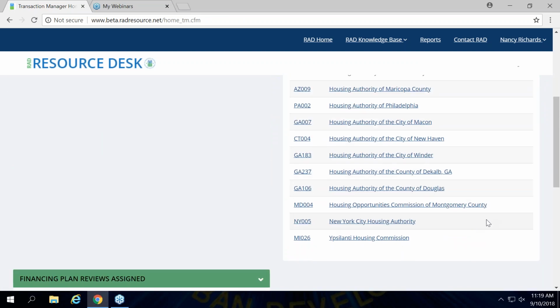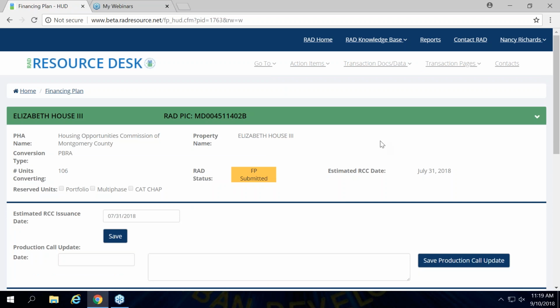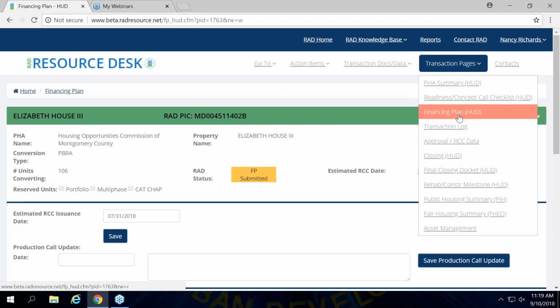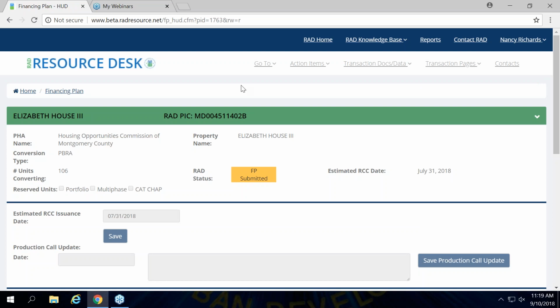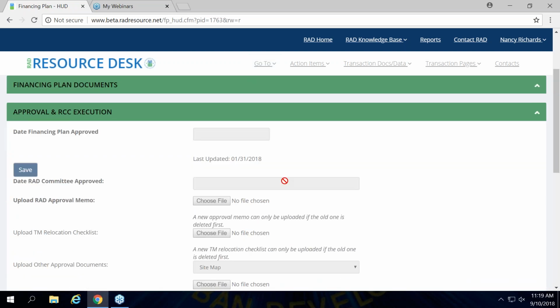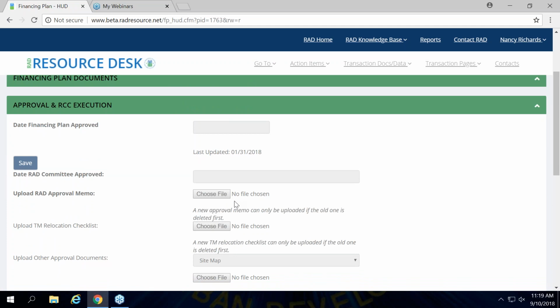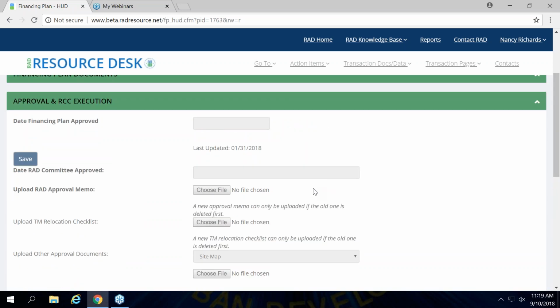Let's do one that she's been assigned a financing plan. Okay, so now let's go down to the financing plan, the approval section. So go to approval RCC execution. All right, so scroll down a little bit more. Yeah, I think on the dev site for some reason I'm totally let down. Okay, all right. Well, anyway,